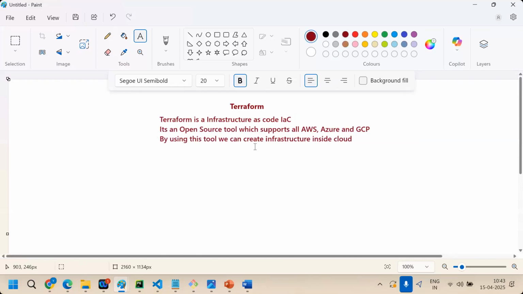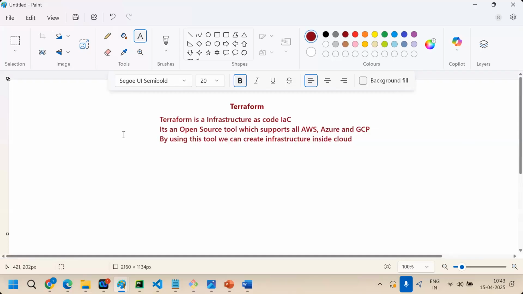So guys, Terraform is an open source tool. If you want to create any infrastructure like networking, storage, servers, any service in the cloud, the recommended way is the IaC way, infrastructure as code.